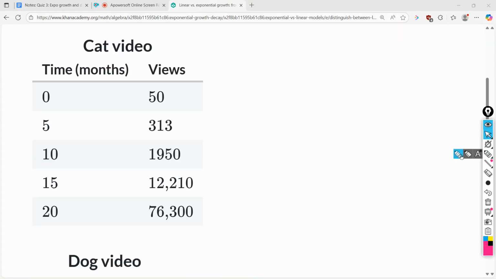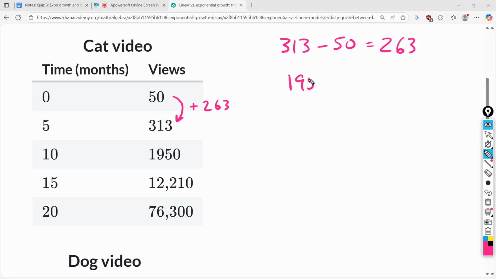All right, let's test it, see if it's linear. How far do we go from 50 to 313? Okay, if we do 313 minus 50, that is going to be 263. Okay, to get from here to here, that's plus 263. And if we go 1950 minus 313,